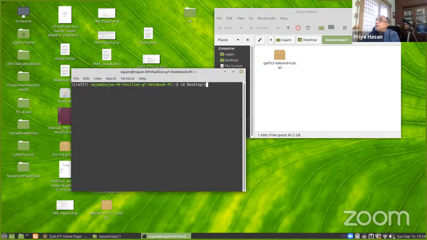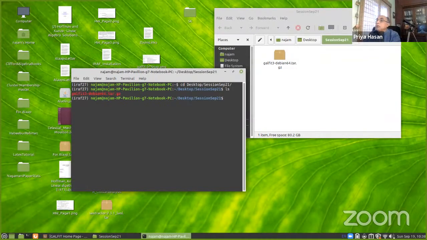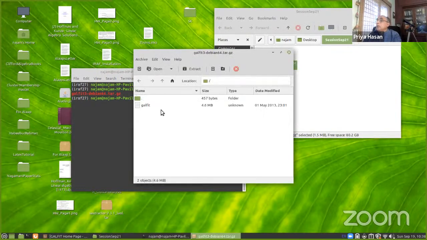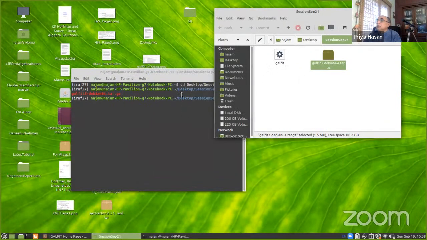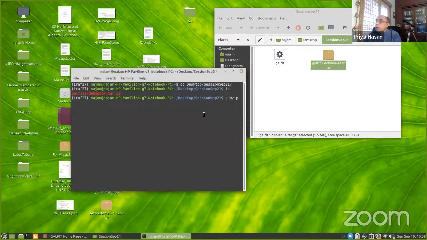This session is with the capital S. You notice I have a GZ file here, so I will unzip it. Either you can right click it and pull it out, you can unzip it like that, but